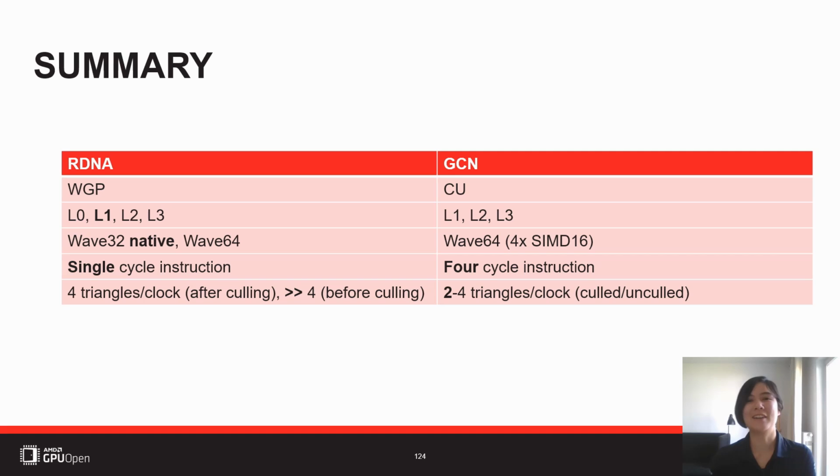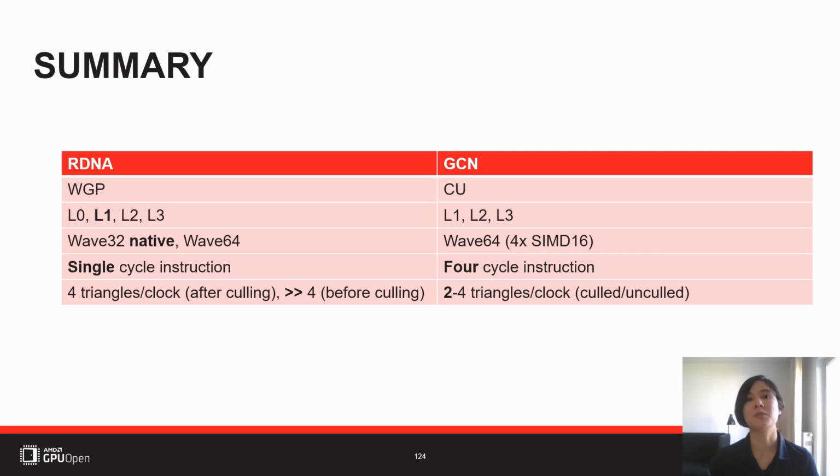So this is the end of my talk. It's quite some time, over an hour, so I hope you stuck with me until the end. But just a quick recap. I started the talk with the architecture itself, so I gave an overview, also in comparison between GCN and RDNA. Important to know is that on RDNA we now have workgroup processors, but they are pretty much like two compute units. That's why sometimes you also see the term dual compute units, and this just means a workgroup processor. The only difference is basically that on the workgroup processors, we have double the amount of scalar units and also double the amount of instruction and constant cache compared to two compute units.